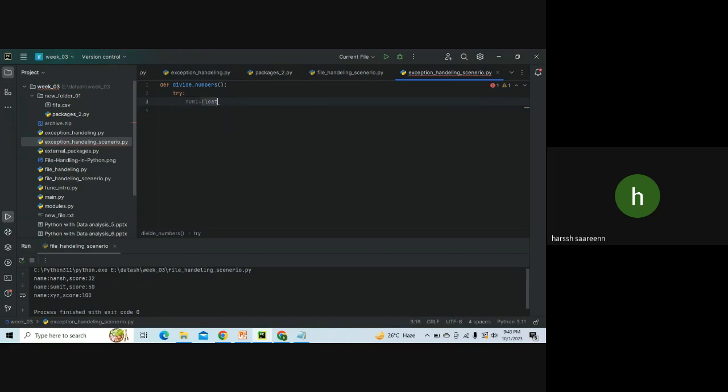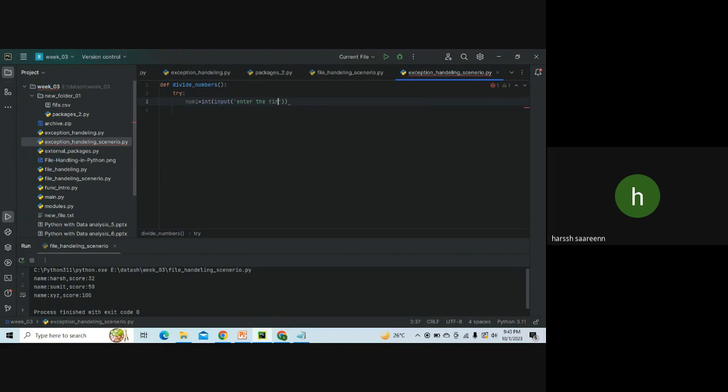I'm using a float, which is standard for input, but you can use integer also, no issues. I am going to use integer. It all depends on what you want to use. Now here I put an input,